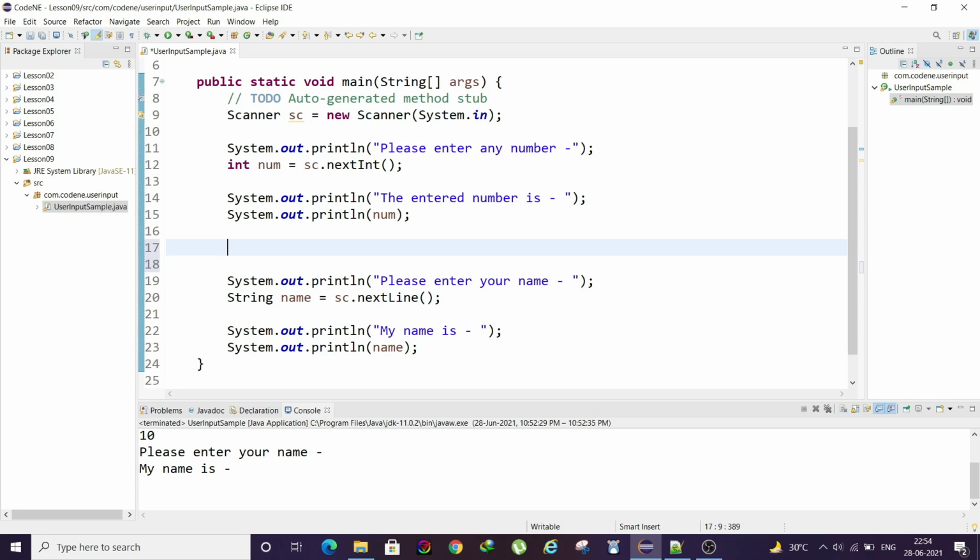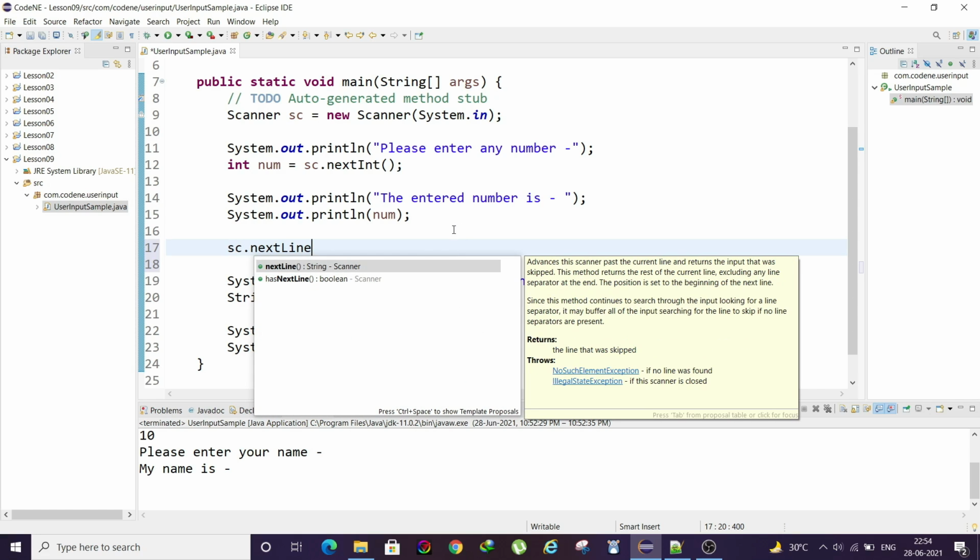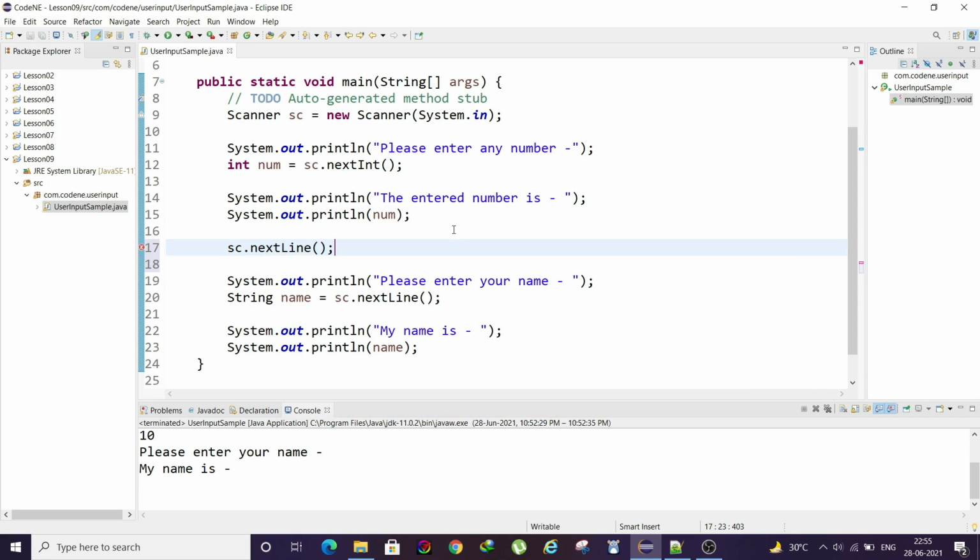To bypass this, we simply need to write sc.nextLine(). What this will do is that when we input the integer, the enter that we press will be taken by this nextLine method, and after that, when it prompts us for the name string, that name string will be taken properly, as we wanted.